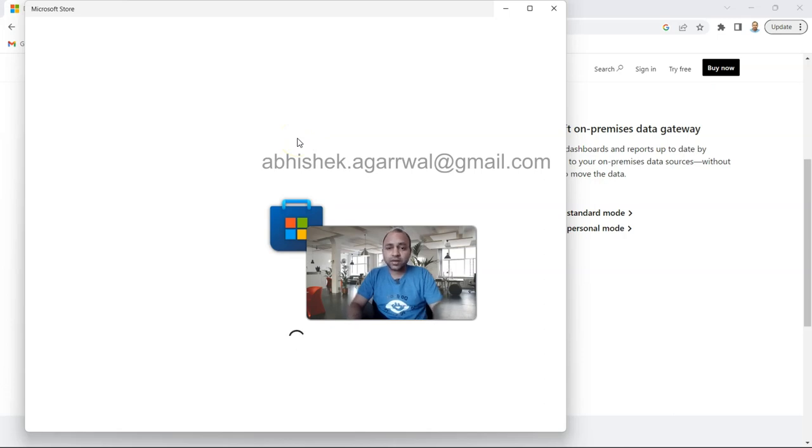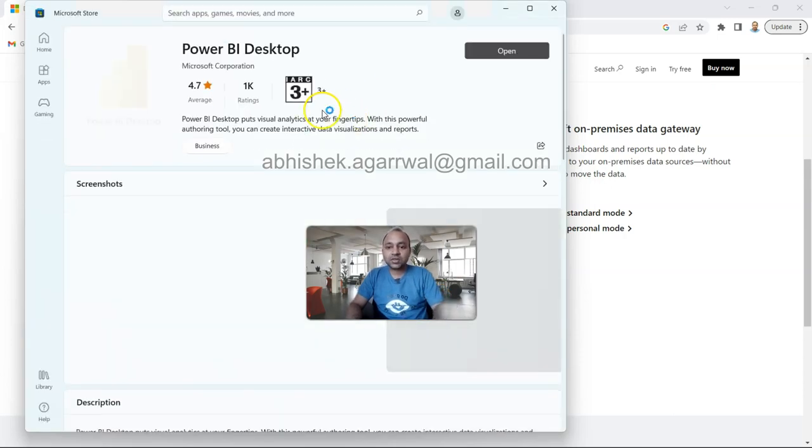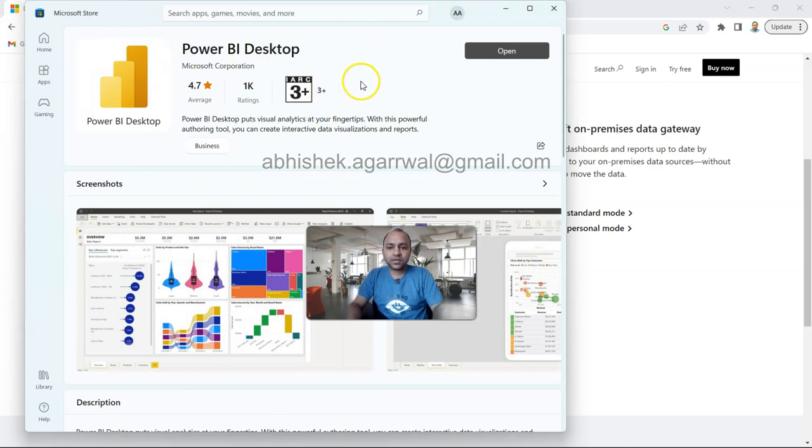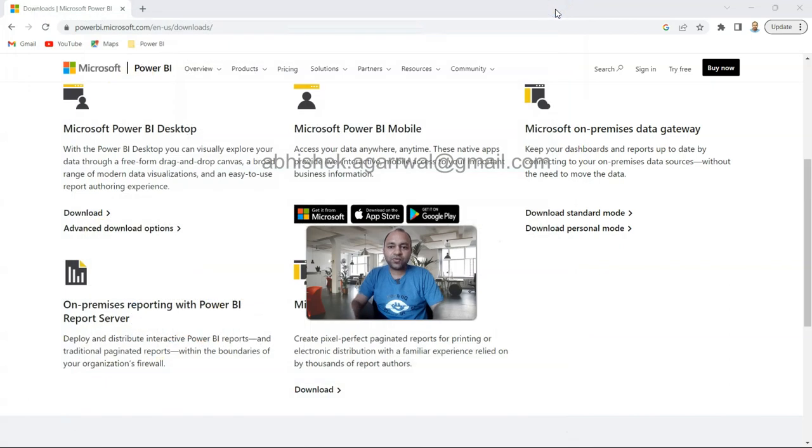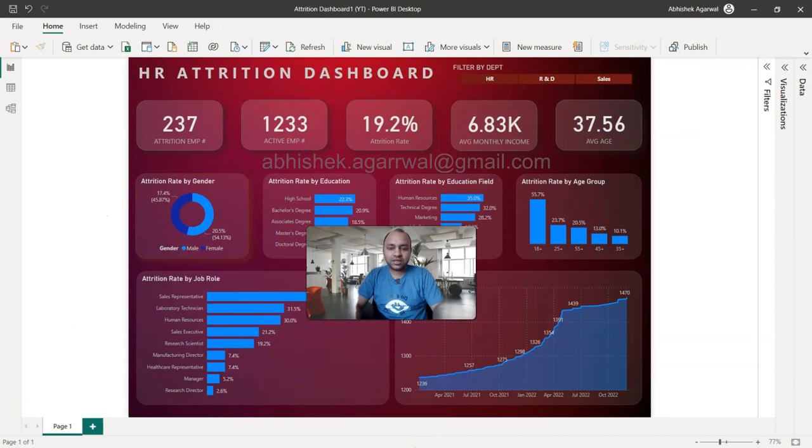The benefit of downloading it from the Microsoft Store is that it will always keep your desktop up to date. Since I have already installed it, it is showing me the option of opening it, but in your case it will ask you to install it. From here the install button will come, and once the installation is done, we will go ahead and start with Power BI. So for that, let me go to Power BI and show you this dashboard in